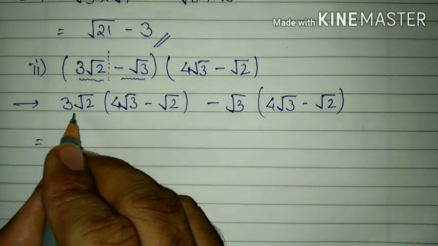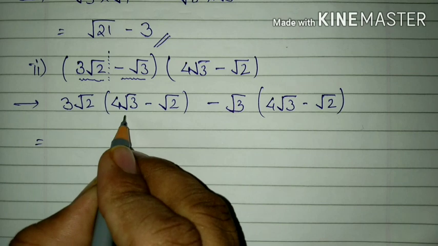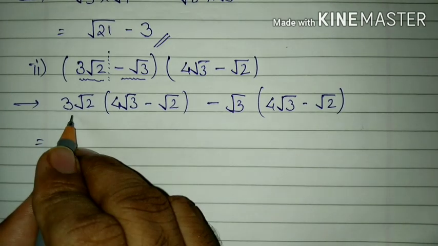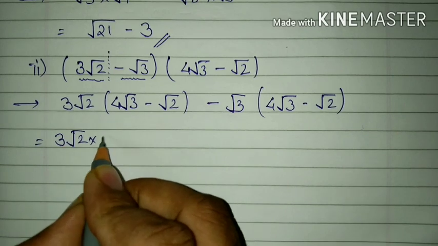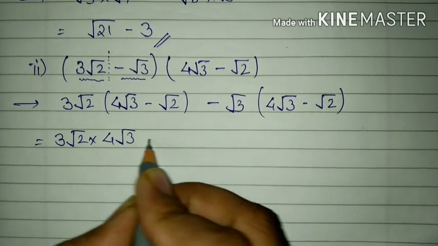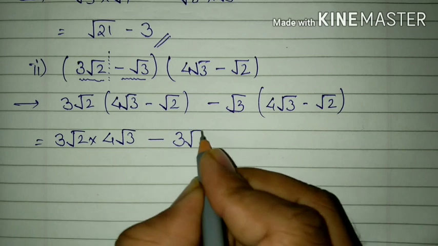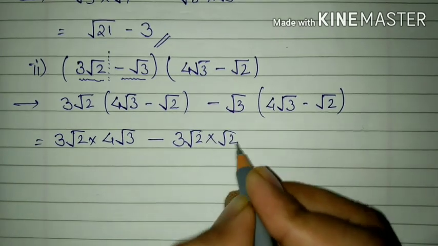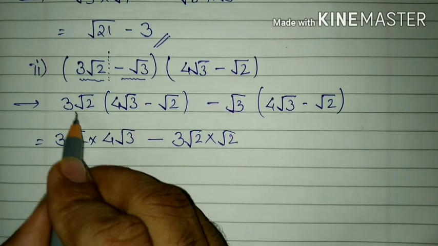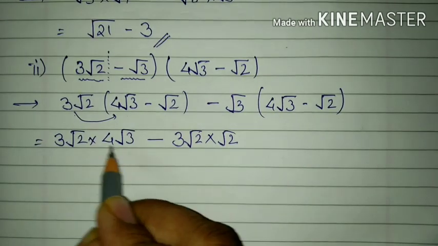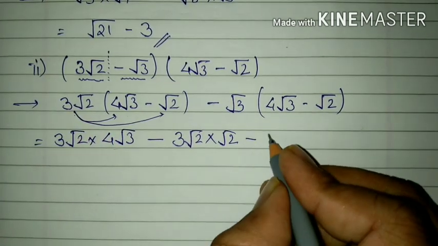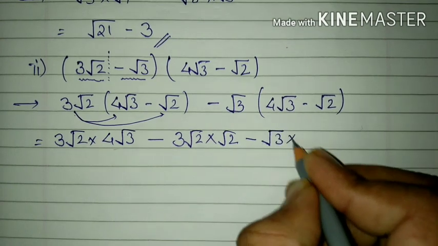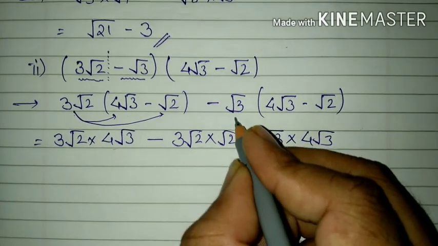So it is equal to 3 root 2 into 4 root 3 minus 3 root 2 into root 2, this one with this one, and then minus root 3 into 4 root 3,